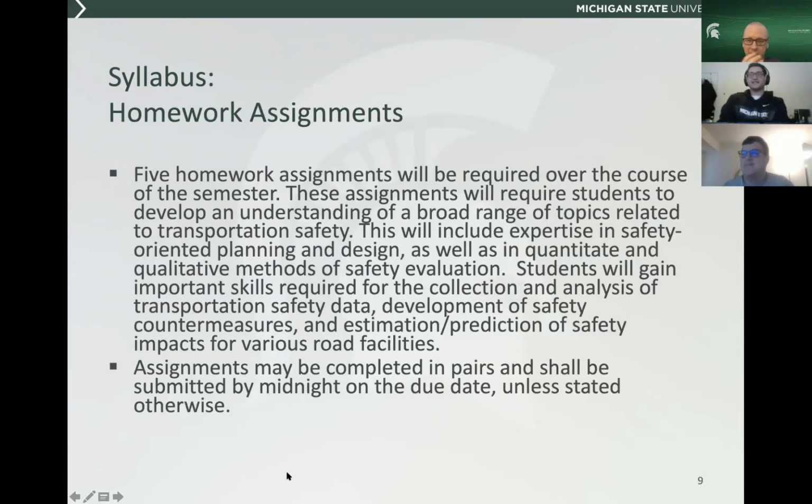Okay. And then, like I said, 5 assignments, and I've gone back and forth on this, and I think I'm going to go back again. Initially, it said they'd be done individually, and then I was like, well, you guys can do them in pairs, but I'm going to, so let me know here. I'm going to have you do the assignments individually, I think is my plan moving forward.